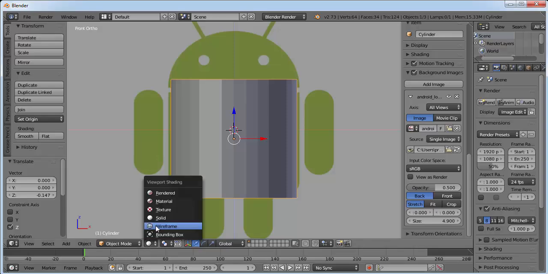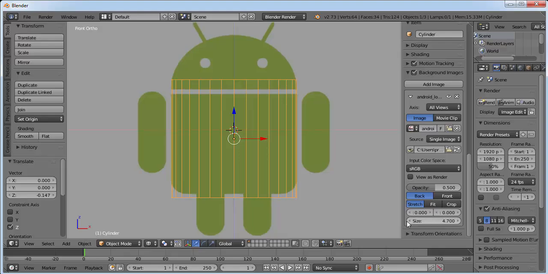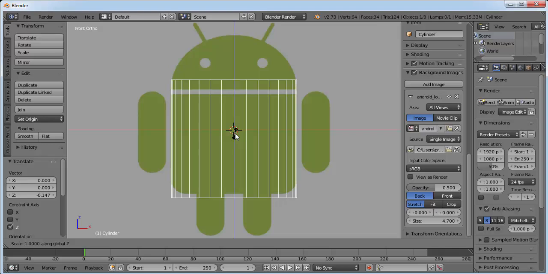Go to wireframe mode and now scale it down so that the width of the image matches with the width of the cylinder. Now scale it down on Z axis. So click S, Z and scale it down.